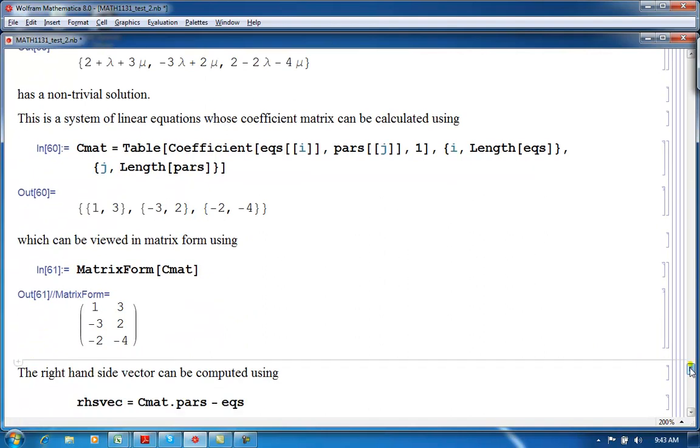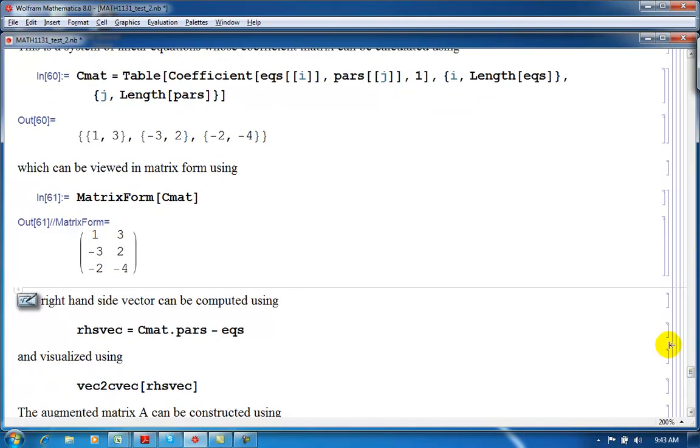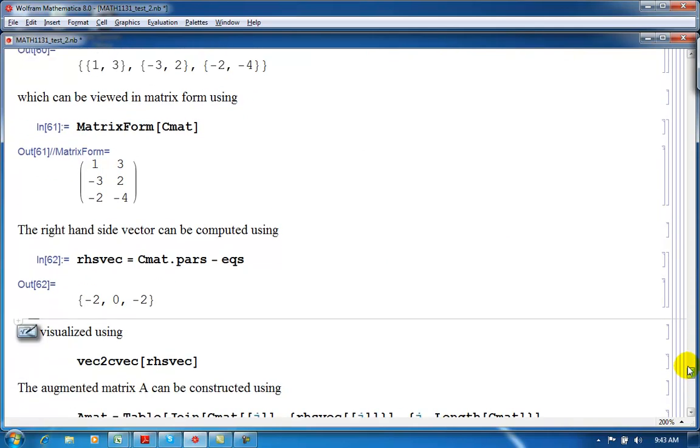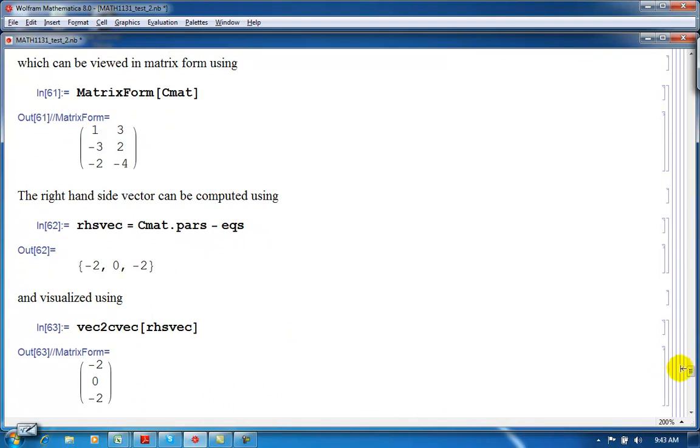Well, we have to calculate the right-hand side vector. So to do that, we multiply the matrix by the vector of parameters and subtract off the equations. And we can visualize that using that as a matrix, and then